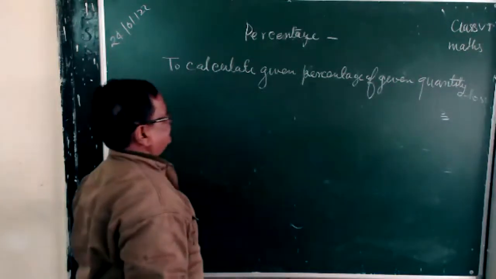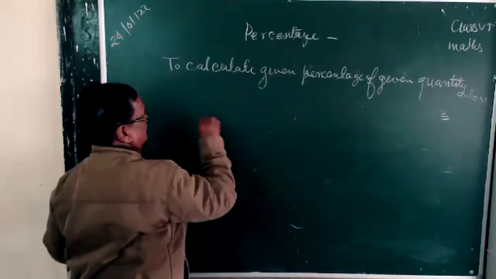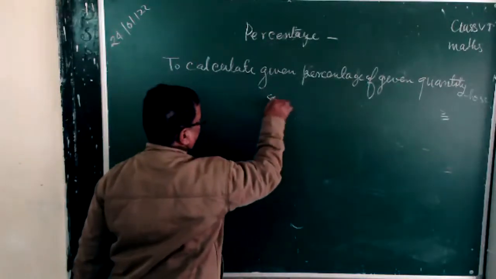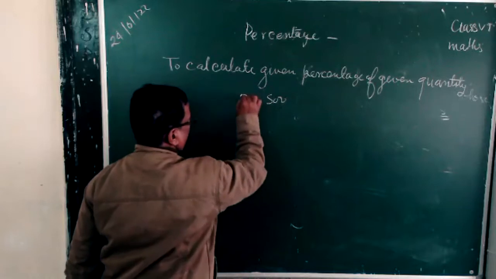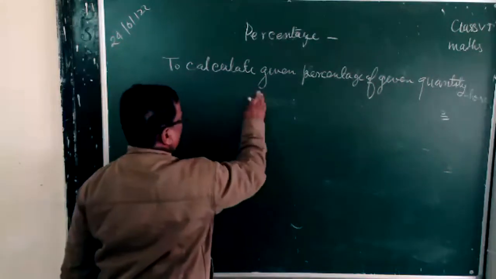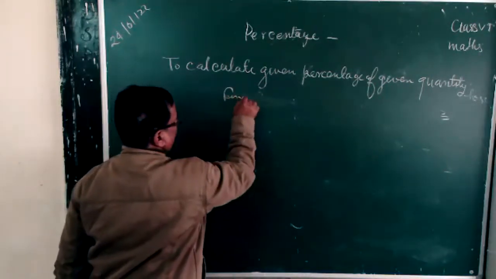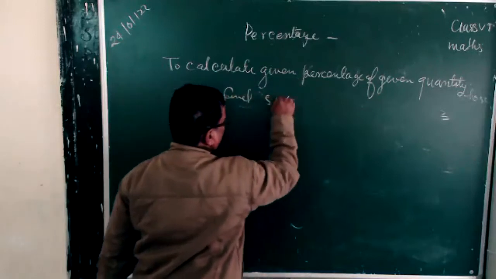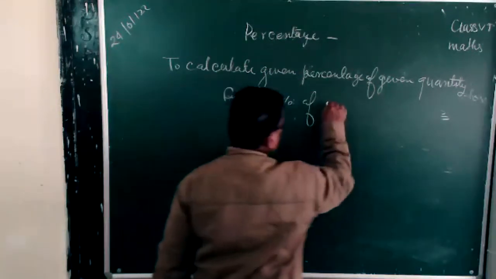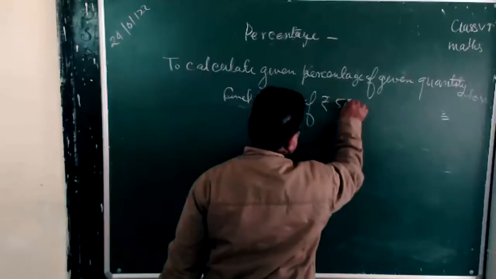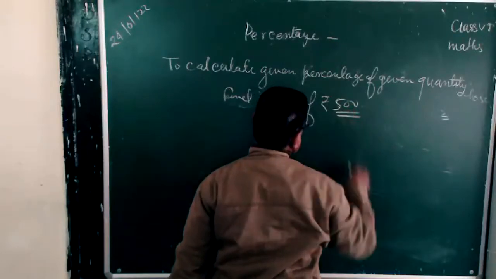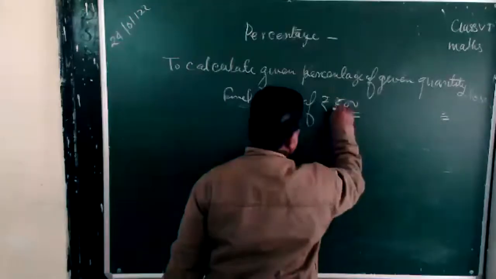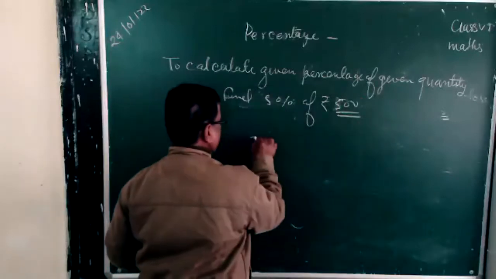Suppose you have a quantity given, 500. Suppose 5% of rupees 500 is given. How can we calculate? See,